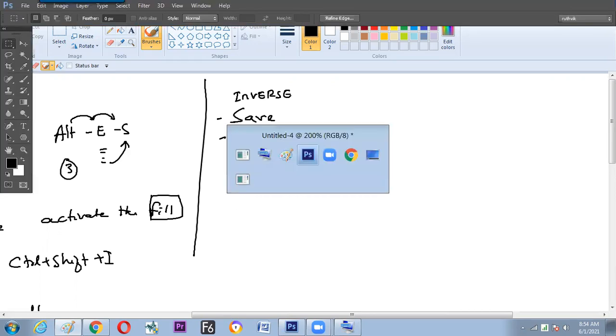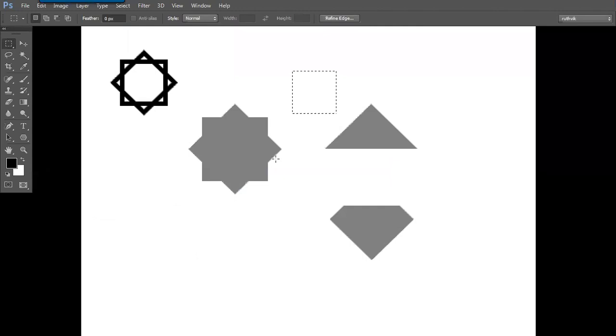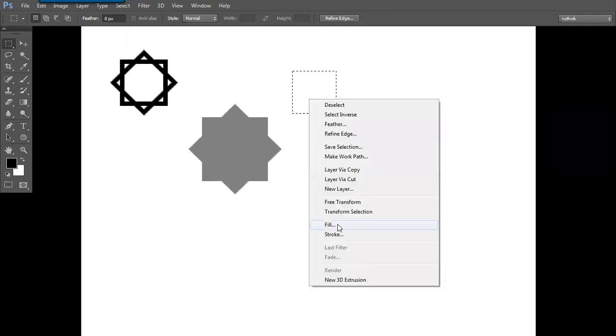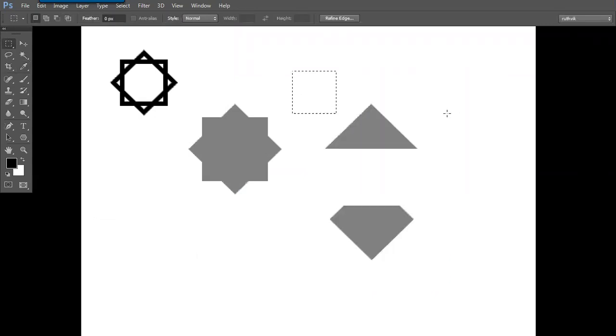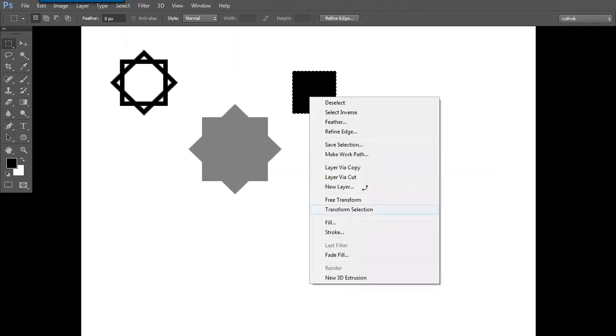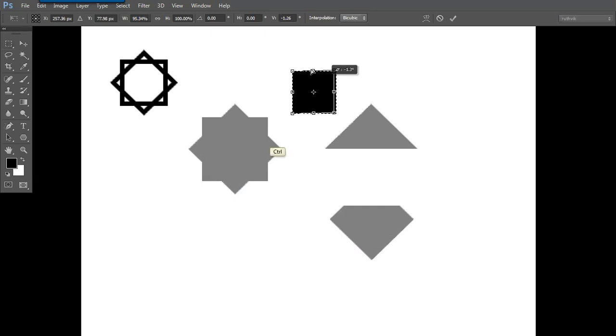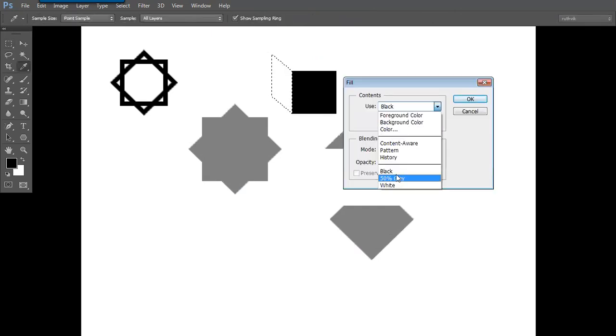So let us see what is the practical use of loading selection. So get a histogram. Now a little higher logic maths will start. Get it filled, fine. Through black color or anything. Is it okay? Now, give a right click and switch to transform selection and turn it around, and press the next available color, not the same, to get an identification.